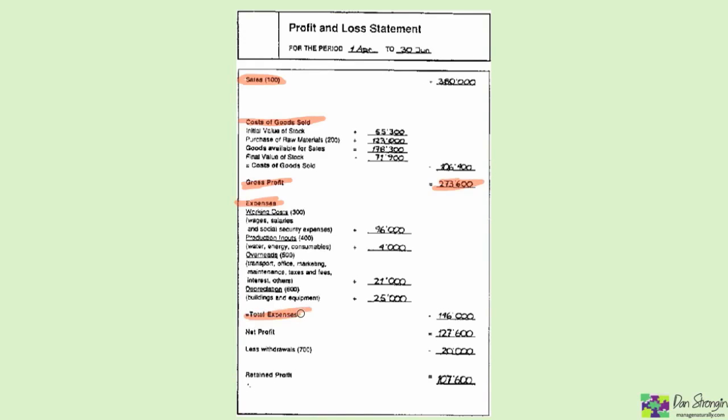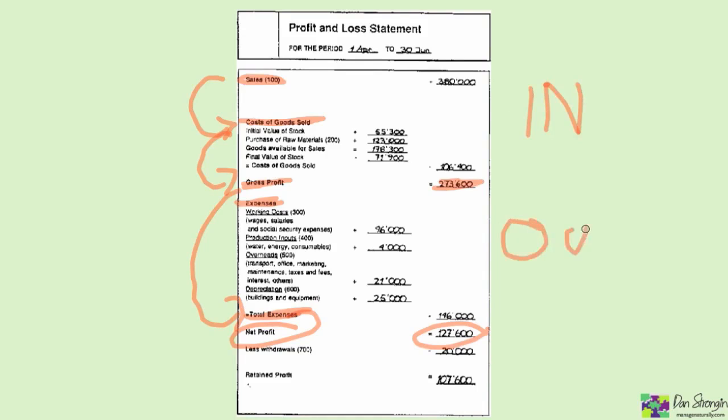And it does that by first telling the sales, how much came in, and subtracting the raw materials to make the product that's sold. And that leaves you with the gross profit. And then you subtract the expenses from the gross profit, and what you're left with is your net profit. And I know I'm going to be surrounded by hordes of people in pocket protectors, but really it's as simple as the guidelines: it tells you what comes in, what went out, and then what you have left over. And that's in any given period.